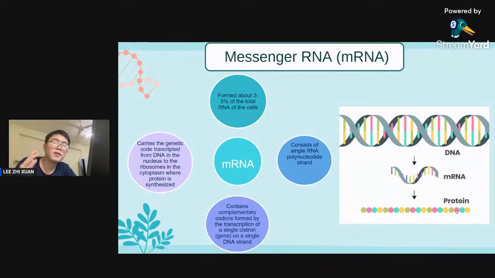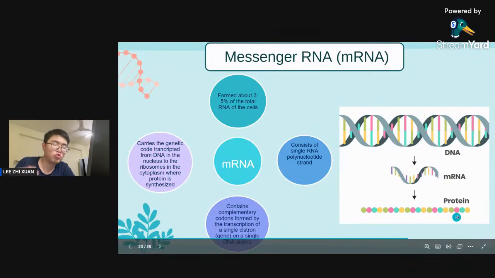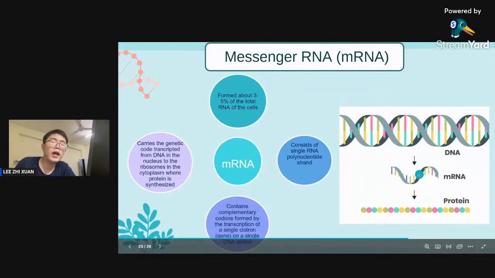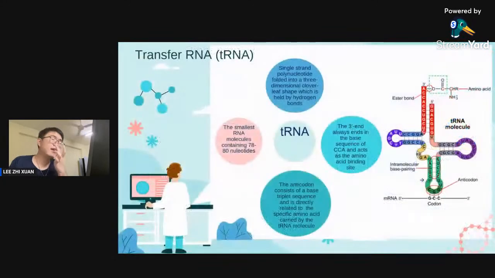All of the amino acids come from the tRNA, because tRNA needs to ensure that all of the amino acids bound together are the right ones. Amino acids can't just bind together as they please. tRNA is like a teacher, guiding the mRNA so that the protein is bound exactly based on the information from the mRNA. So you can say tRNA is like the teacher, and mRNA is like the